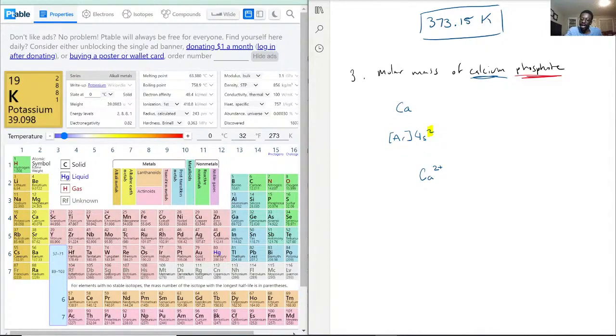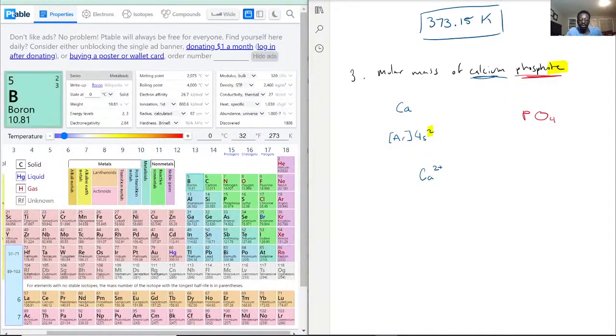Phosphate, because it ends with -ate, is phosphorus and a certain amount of oxygens. So that would be phosphorus P and a certain amount of oxygens O. As I said, these are things you kind of have to memorize, because I know that phosphate comes like that, PO4. You also have to memorize the charge, because it's not so clear when you just look at the molecule, because oxygen typically likes to have a -2 charge. We're just talking about the net charge here. So if we did this, -8,